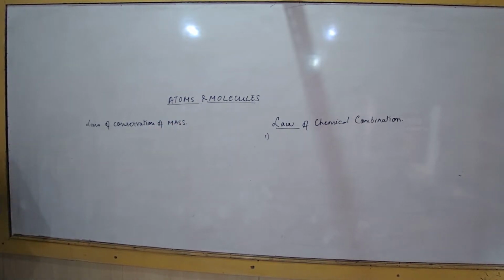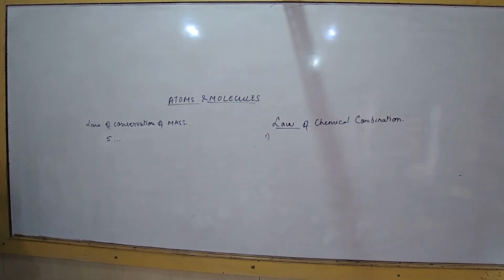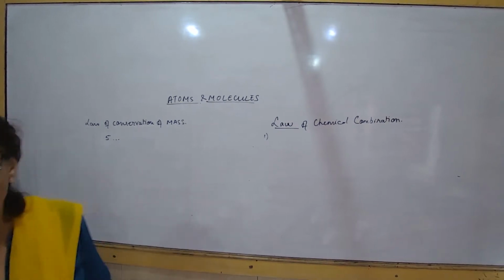What does it mean? Conserving of mass. Mass is expressed in what unit? Suppose I say 5, 5 what? 5 grams, 5 kg. Correct. So the unit will be grams or kg. So when we talk about conservation of mass,